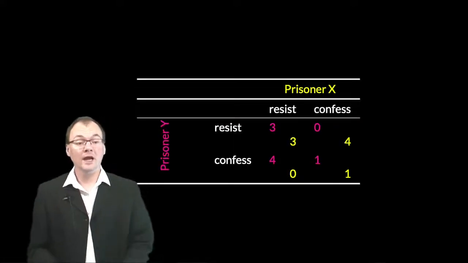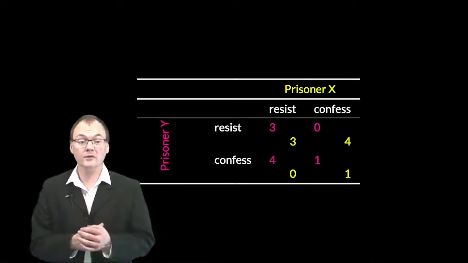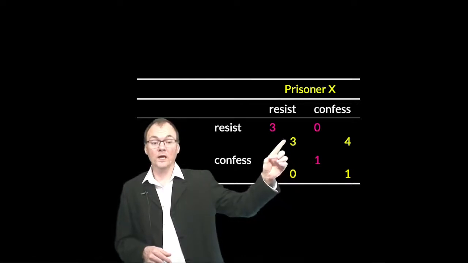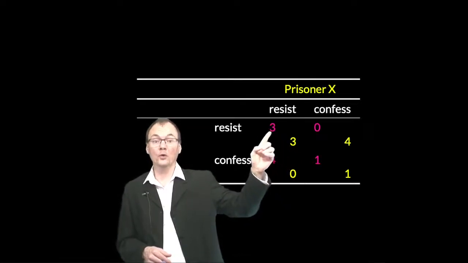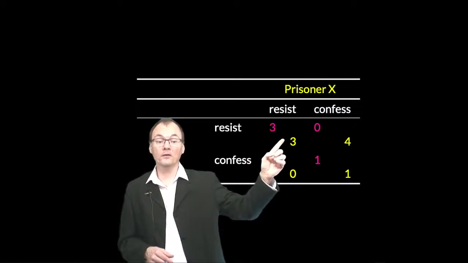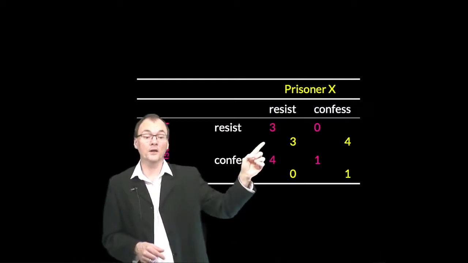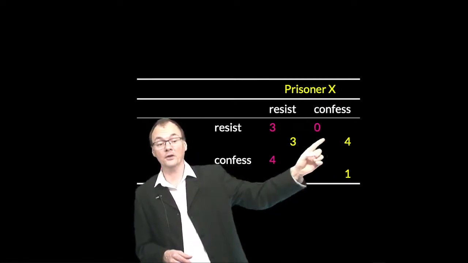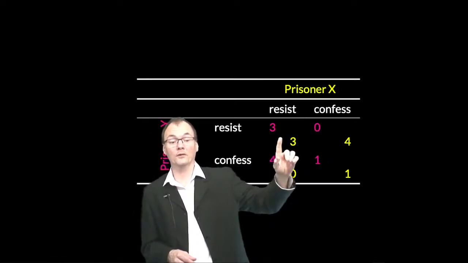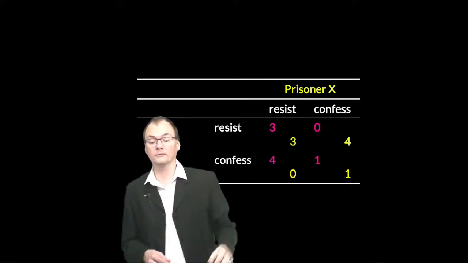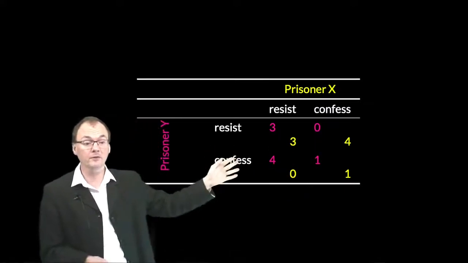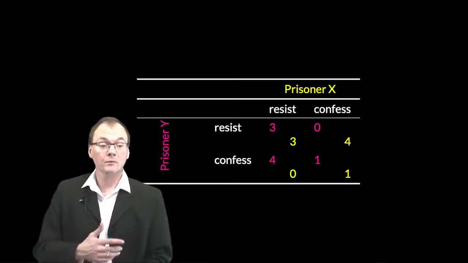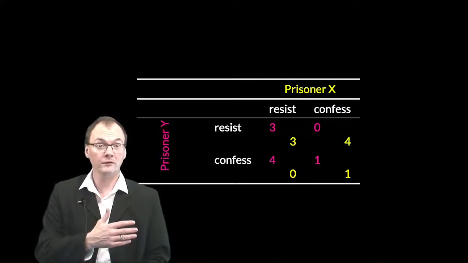But what is that explanation? Well, first of all, here's the prisoner's dilemma. You can see what happens in the prisoner's dilemma. If we both resist, then we each gain the almost most preferred outcome. The only slight thing that could happen, if this is you, that would be even better is if you confess while I resist, right? And then you just do slightly better, while of course you've left me in real trouble, right? And conversely, the game is symmetrical. Very good. So here's the prisoner's dilemma. Take a sec, make sure you understand the payoffs.